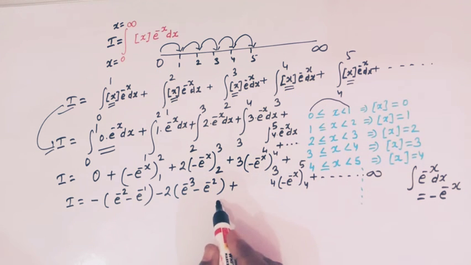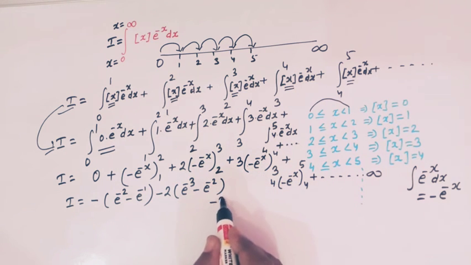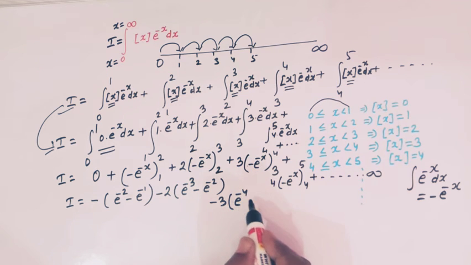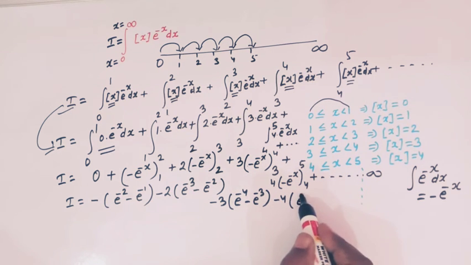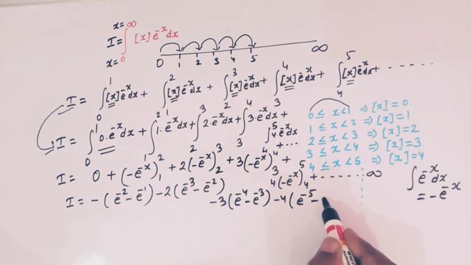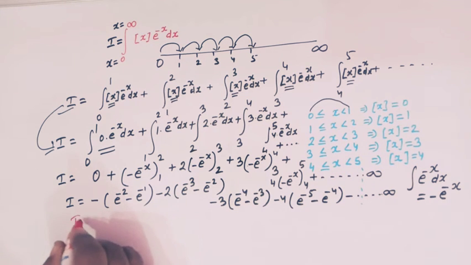Similarly here we can take minus 3 and e raised to minus 4 minus e raised to minus 3, right? And here we have minus 4 and e raised to minus 5 minus e raised to minus 4, and so on, right? Okay, so now we can further simplify this expression by writing I is equal to, taking this